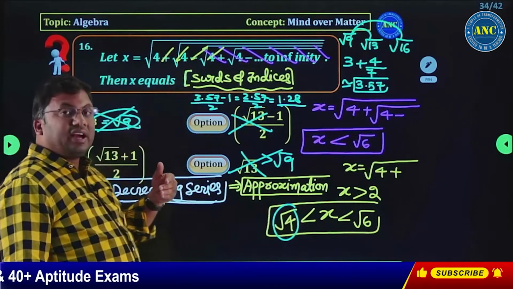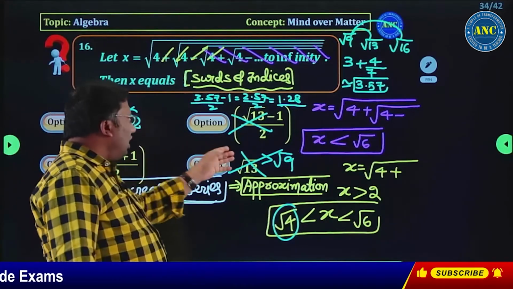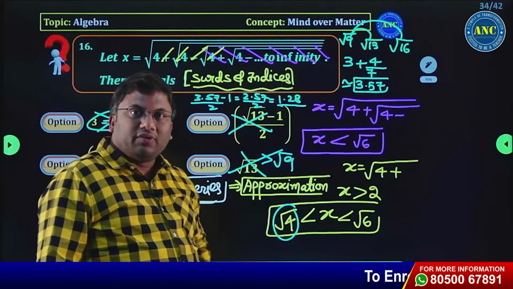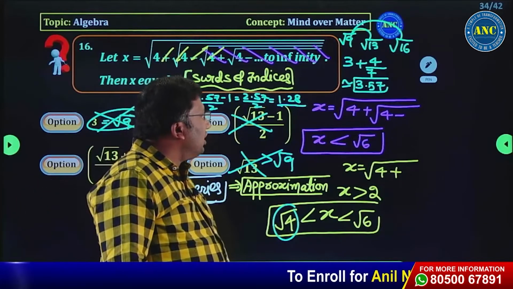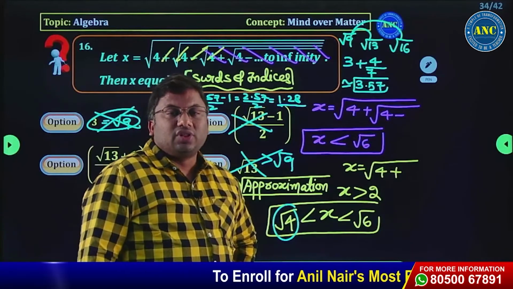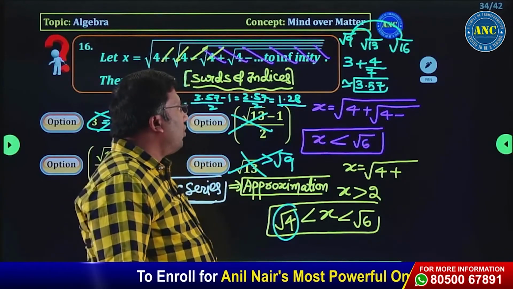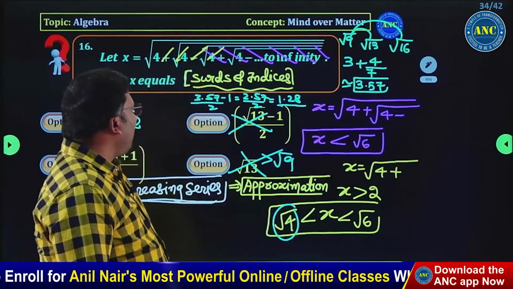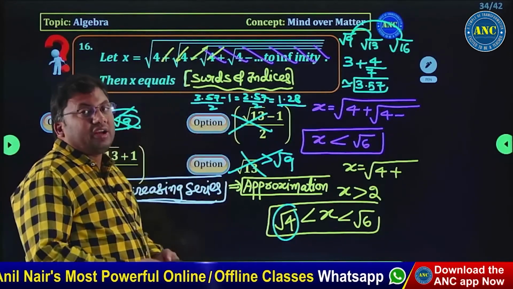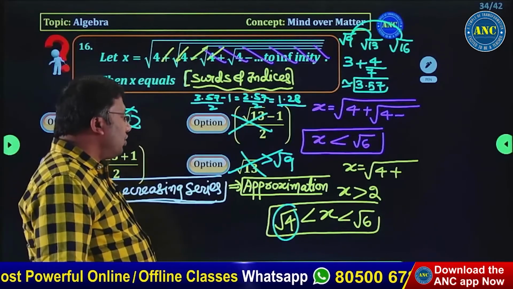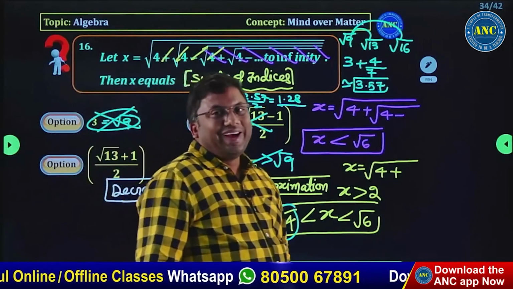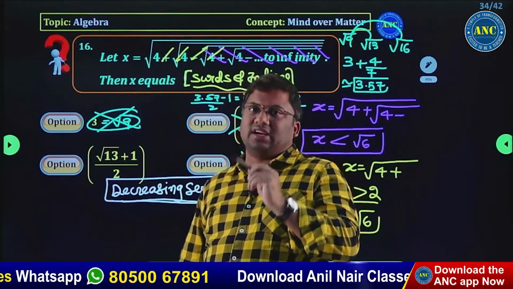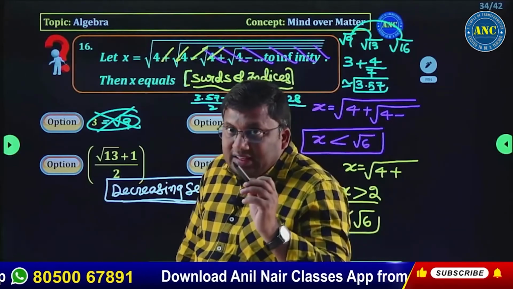Root 9 is greater than root 4, so it is out. Root 13 approximate value: root 13 lies between root 9 and root 16. Root 9 is 3. The difference between 13 and 9 is 4, and between 16 and 9 is 7. I substituted 3.57 and got 1.28. X should be greater than 2. I hope the idea is clear. Whenever there are decreasing series related problems, decreasing series